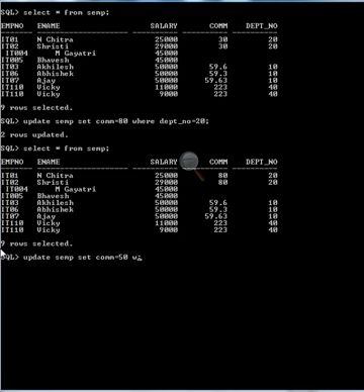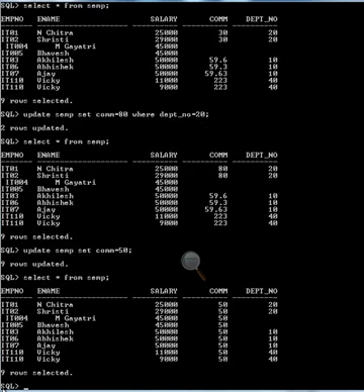Nine rows updated. Now select star from ACMP, and for all the rows commission has been set to 50. So if I am not giving any condition, it will update all the values.